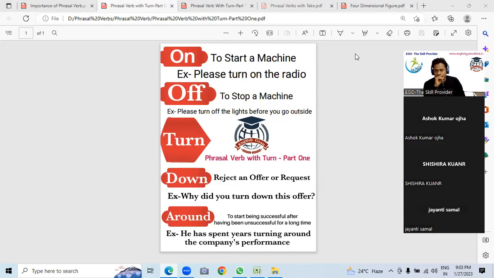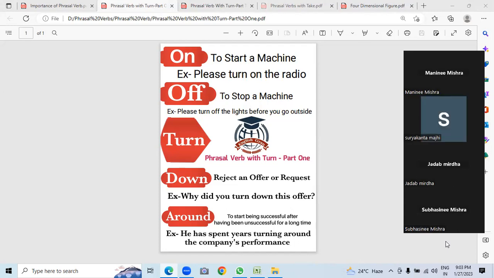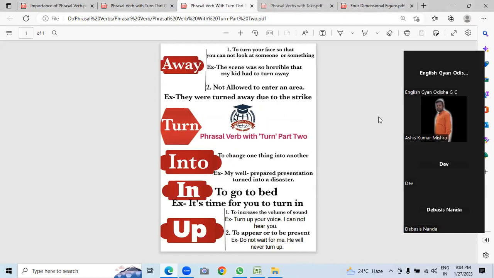Everybody, any doubt? Do you have any doubt? I'm asking everybody. Okay. Others? Jadav sir, Muktikan sir, Prakash sir, everybody. Ashish Babu, is it clear to you? Are you able to use those things? Yes or no? Yes, sir.